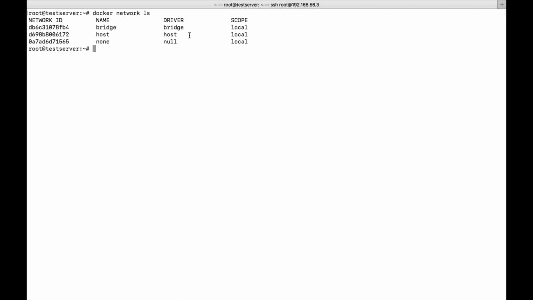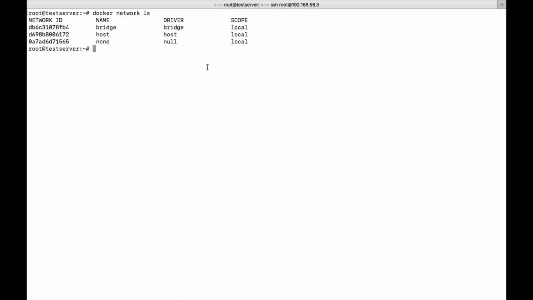Let us say I want to create a container. I need to get internet connectivity, but I don't want to access my application which is running in the container directly from outside, without port forwarding. Then I need to go for the bridge interface. And if I want to communicate from one container to another container, and I want to launch all the containers on a specific bridge, then I need to use the bridge network.